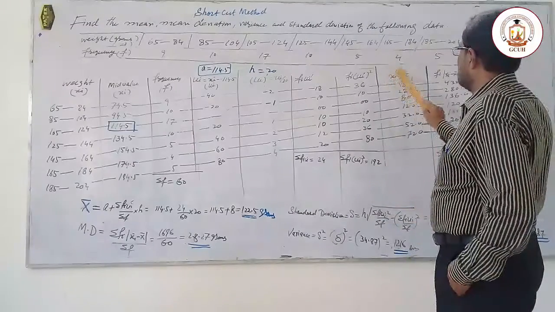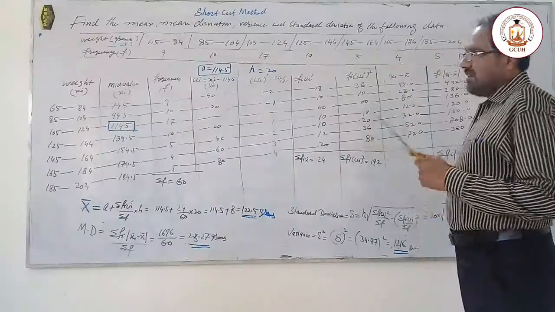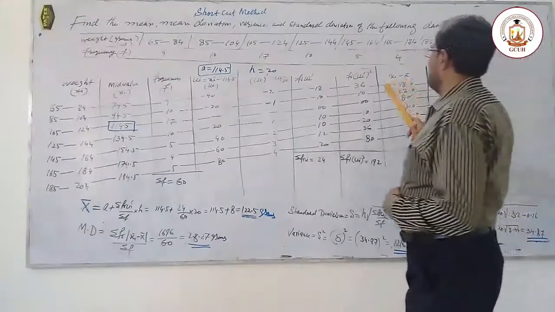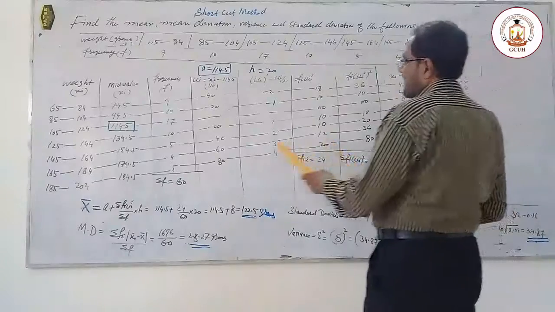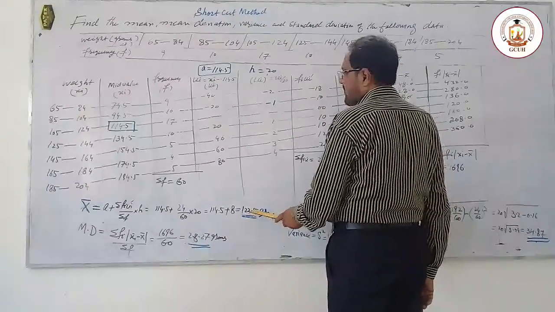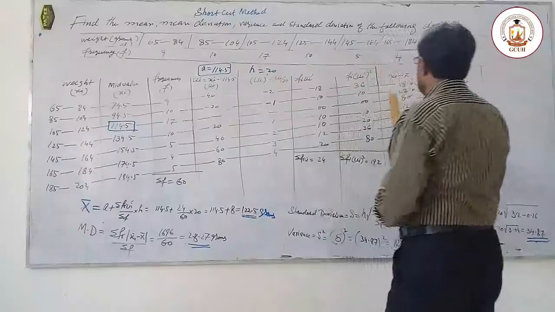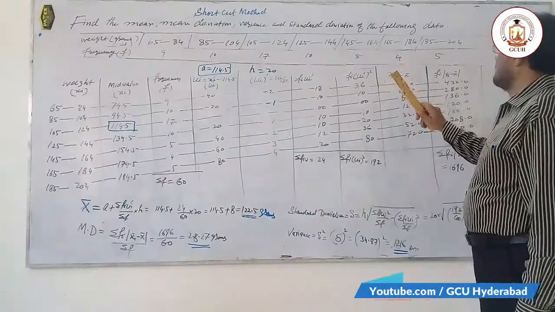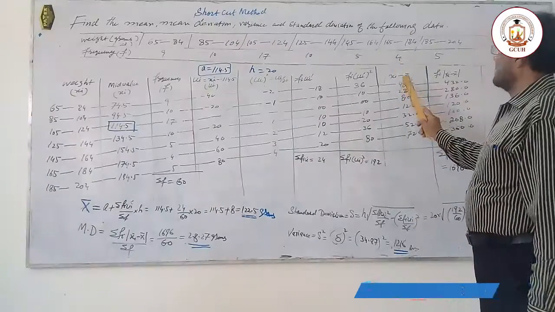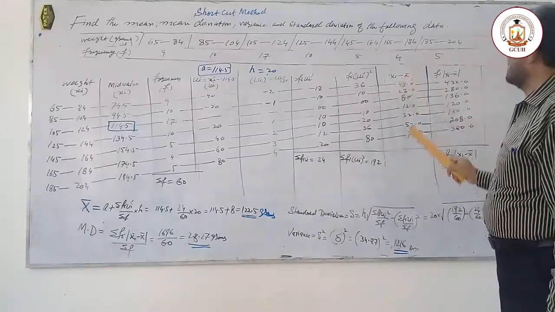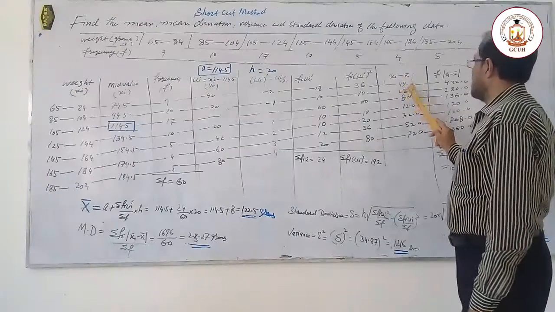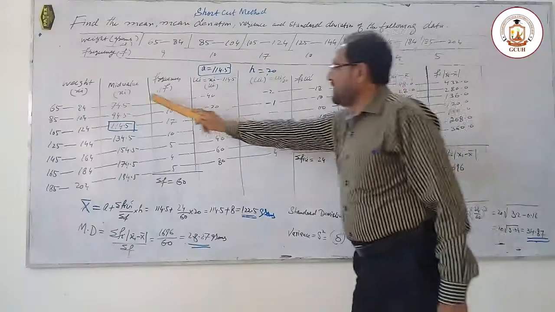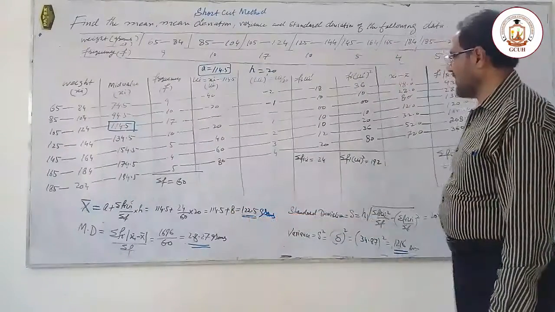Then we find the absolute value. Absolute means all the positive numbers will stay positive and all the negative numbers will also become positive. So when we subtract the arithmetic mean value 122.5 from this XR, we will get -48. But here we do not get a negative value because of the absolute value. The absolute value of any negative number is always positive. So +48, 28, we calculate this column by absolute value of XR minus 122.5.